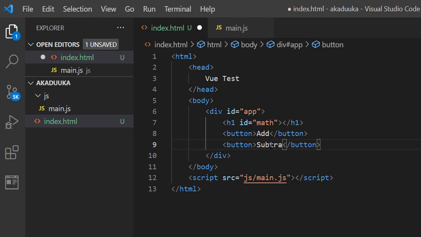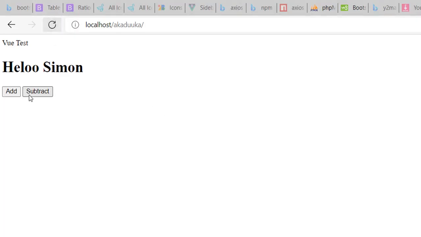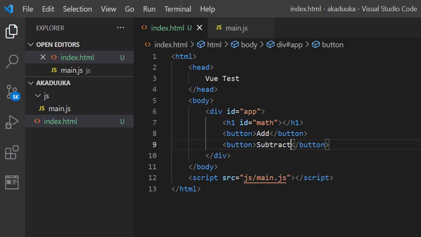Subtract. All right, so if I refresh here, I should be having 2 buttons. All right, so the other thing I'm going to do, I'm going to add an on click,